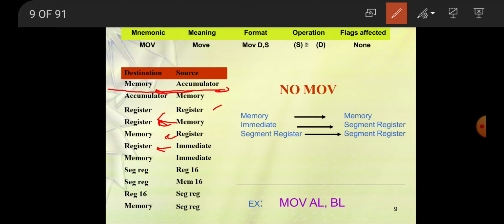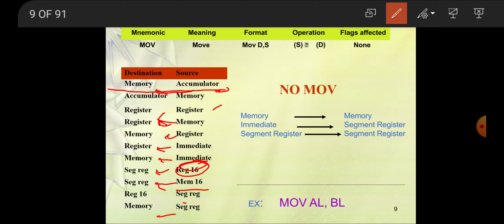Then there are immediate to memory, register 16 to segment register, meaning the whole register to the segment register, memory 16 to segment register, segment register to register 16, and segment register to memory. So these are all the destination and source locations where we can save the data.